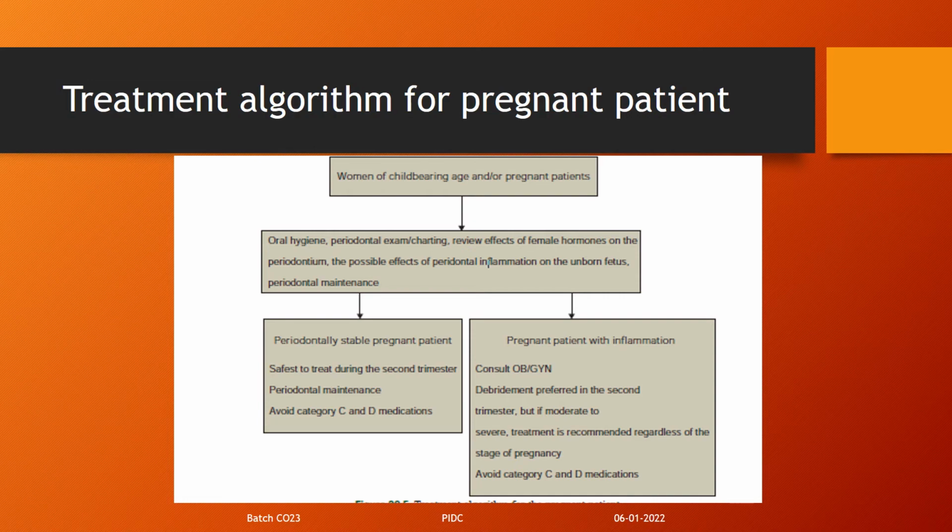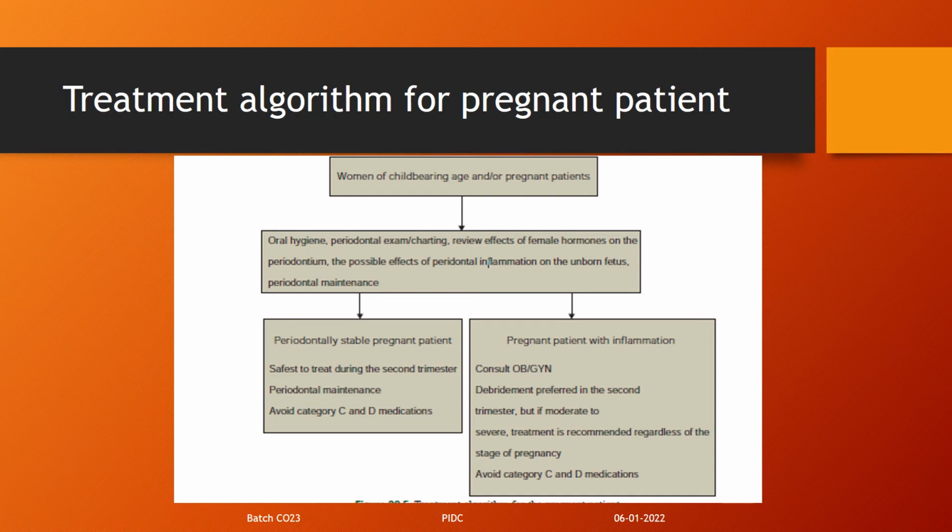Whereas a pregnant patient with inflammation can consult the gynecologist or consultant doctors first, and you can go for debridement, preferably in the second trimester. If it is moderate to severe, it can be done regardless of the stage of pregnancy, but it's better to postpone. If it is not that severe or not affecting preterm labor, you can postpone until after delivery. Otherwise, you can do the treatment regardless of the stage of pregnancy, and avoid category